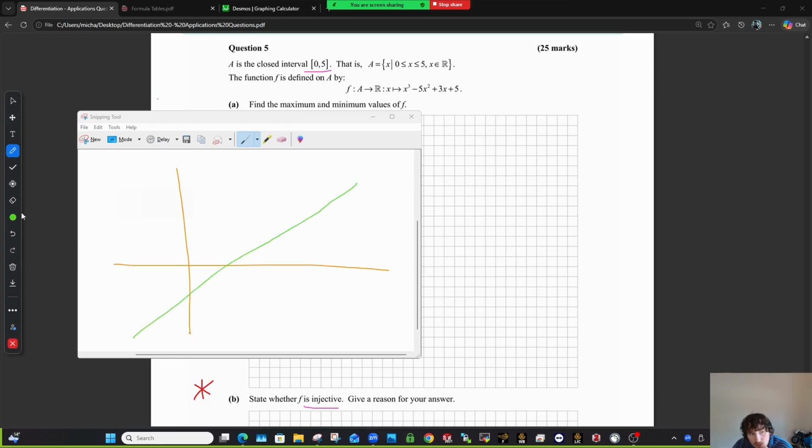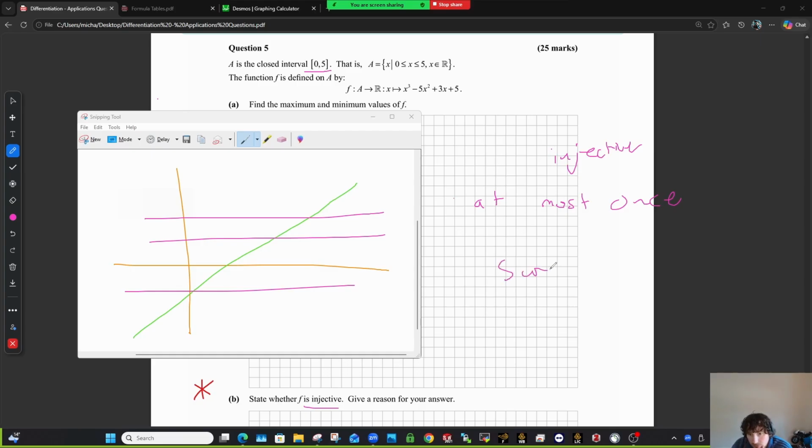A linear line is both injective and surjective, when you can draw all these horizontal lines, right? Injective wants you to hit it at most once, okay? Injective means you hit the function at most once. That's injective, right? Surjective